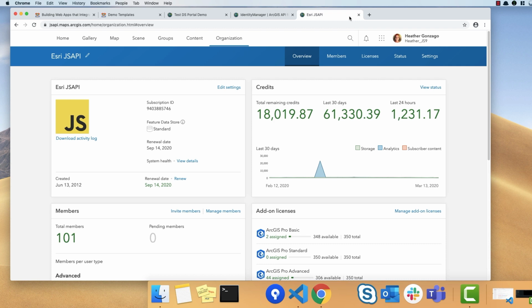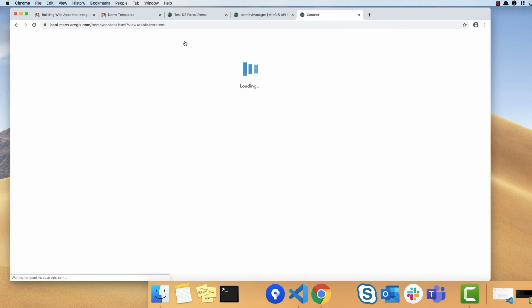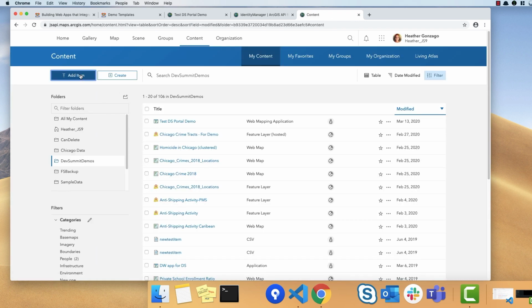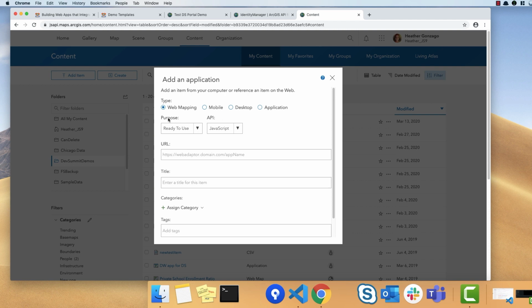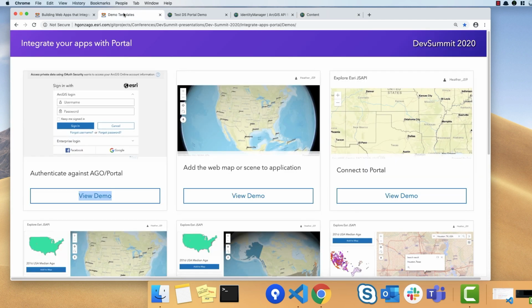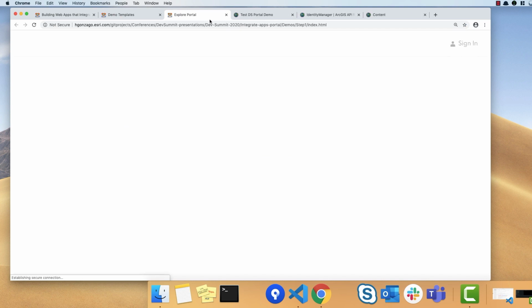So what we're going to do is underneath the Content tab, we're going to click on Add Item, and then we're going to make sure to specify an application. We're going to say we want it to be a web mapping application, and we are going to pass in the URL of, in this case, that demo app that we're working with. So let's just go ahead, open that up, copy it,